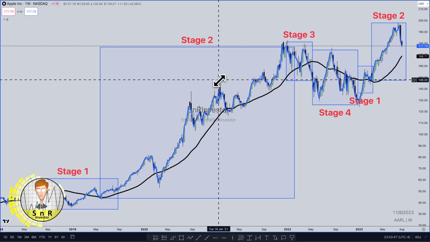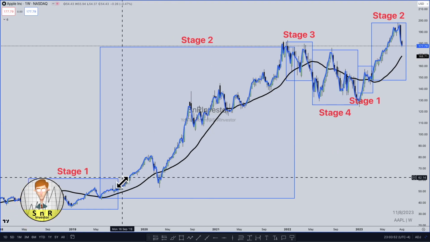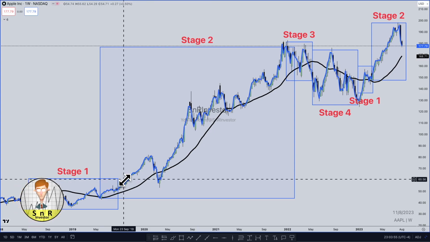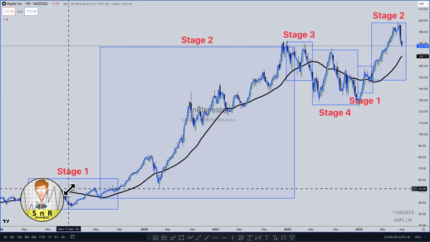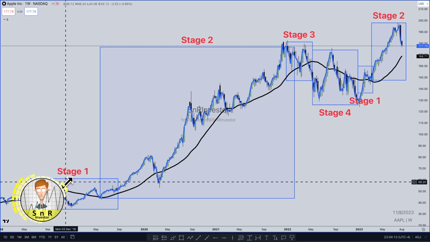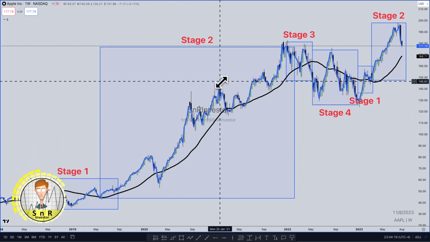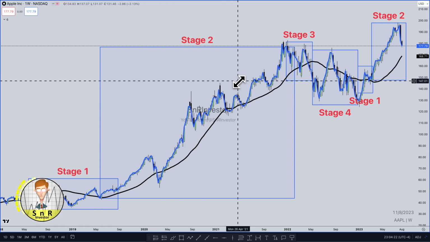So when we use stage analysis, we use it as a tool to help us to be able to make sense of what price is doing and how we can possibly take advantage of its behavior. So you can see that even though it's not so clear as what I have shown in the video example of what stage 1, stage 2, stage 3 and stage 4 look like theoretically, it resembles what I have shown in some ways, and we can actually use this to help us to make some investment